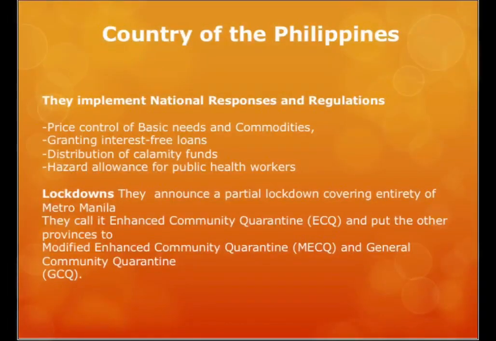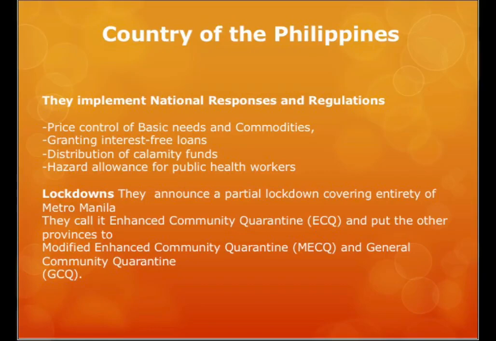In the country of the Philippines, they implement national responses and regulations, such as price control of basic needs and commodities, granting interest-free loans, distribution of calamity funds, hazard allowance for public health workers. They announced a partial lockdown covering entirely of Metro Manila. They call it Enhanced Community Quarantine or ECQ, and put the other provinces to Modified Enhanced Community Quarantine MECQ and